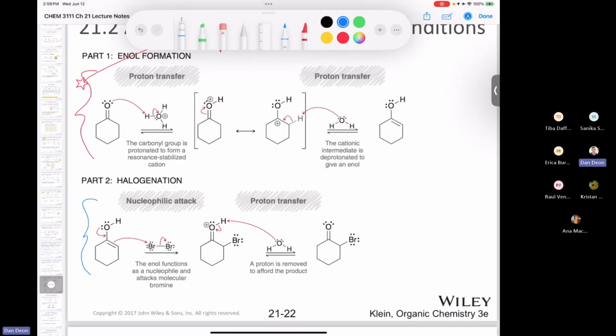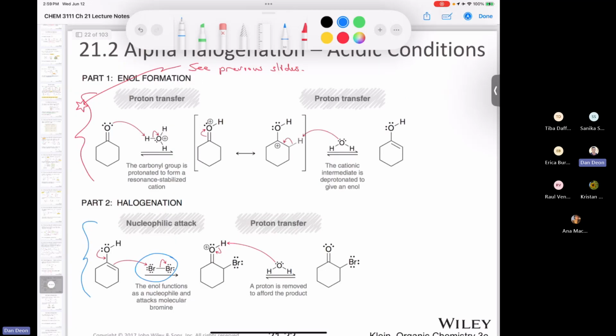It's only 2 steps. The first step, you guys know that bromine, Br2, is polarizable, right? You guys know about bromonium ions and all that stuff. So the enol is not a strong, super powerful nucleophile, but it's strong enough to attack the bromine, which is polarizable. We add the bromine, we get an oxonium, and then water, which is formed in the first step, comes along as a base, and it does a deprotonation, and there you go. So now you have your alpha